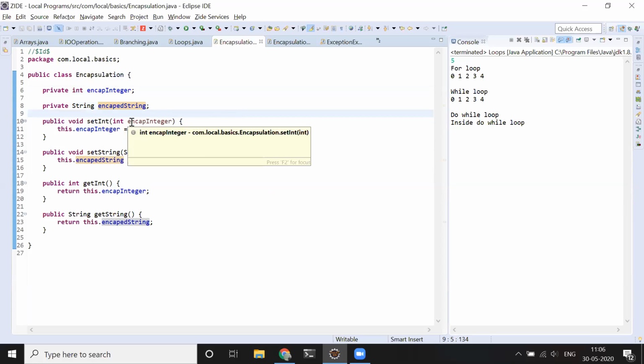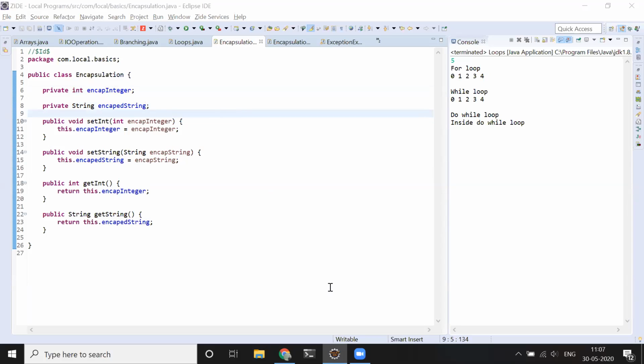I will be getting an integer value, and I will be setting that integer value to these variables. And in order to get these values, I will be writing a public method which will be called getters, and we will be making use of that method to get the values.